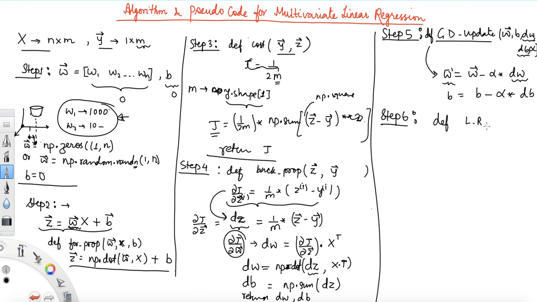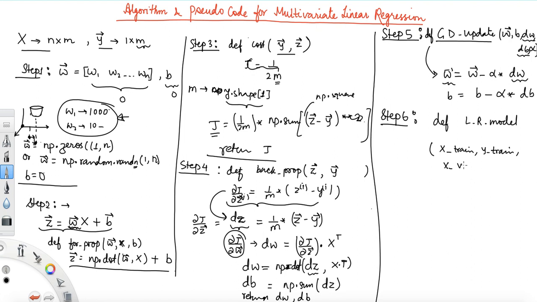Generally I'm using this LR definition, def linear regression model. So what parameters will we be passing here? Let's see. Here we are going to pass the training set, represented as x train, and its corresponding y label, that is y train,